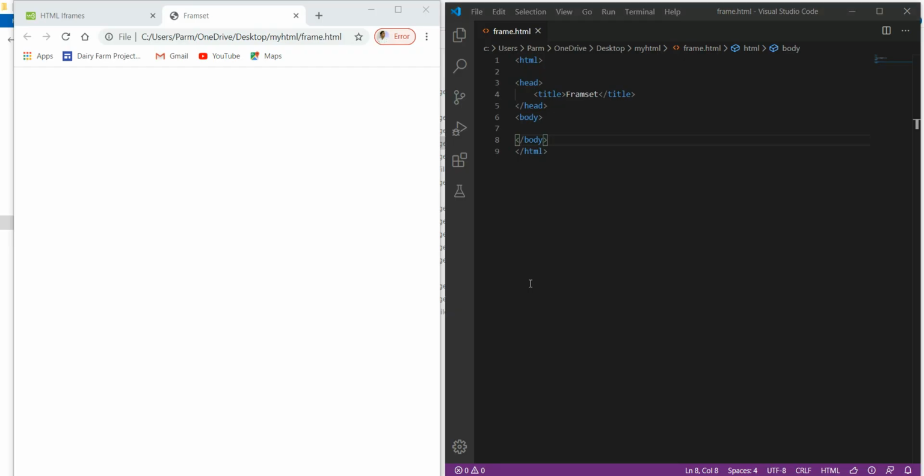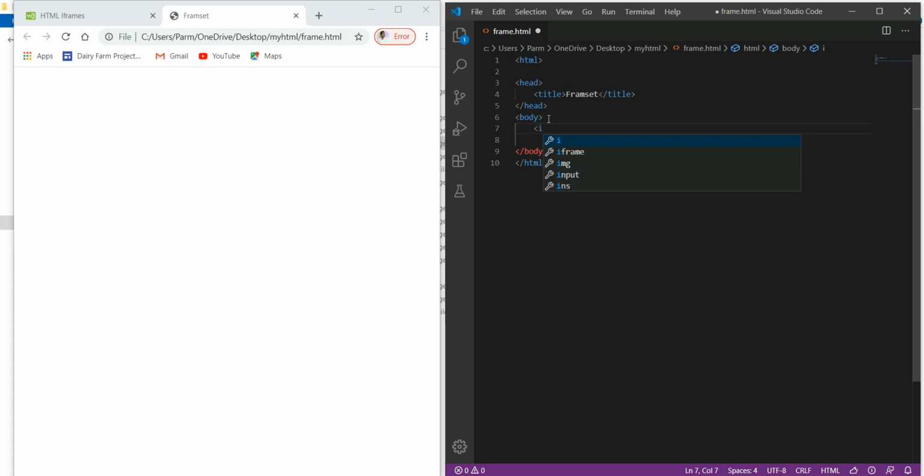So here in this chapter we will go over creating a set of frames in HTML. Frames in HTML are used for displaying a web page within another web page. Or we can say that it will divide the display area of the browser into frames. So in order to use frames in HTML, we have to use the iframe element.